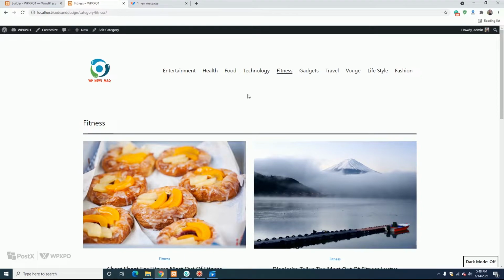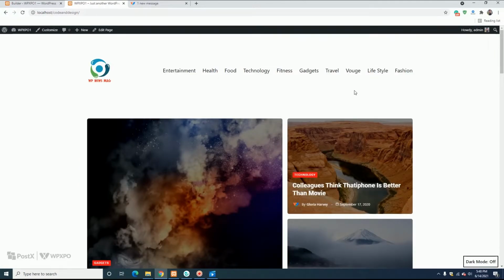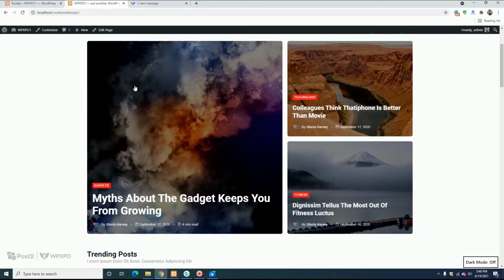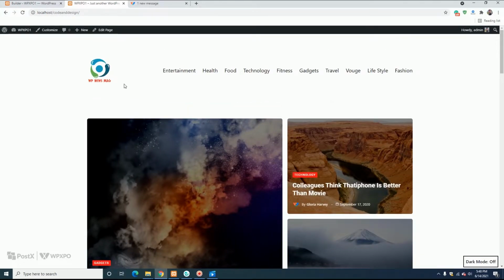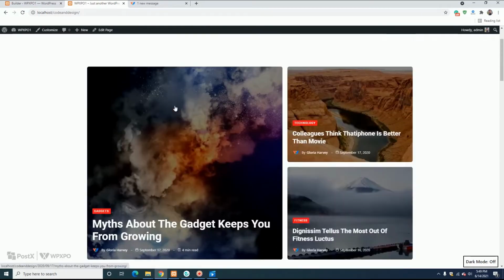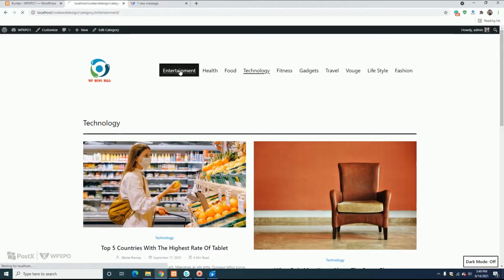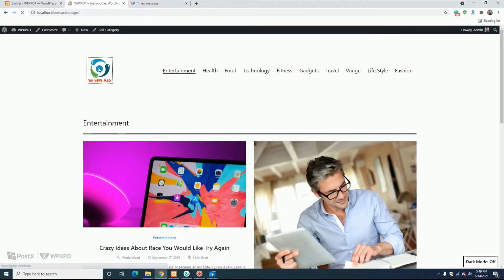So now the container of all archive pages and header are the same, and also the home page container is the same as the header. Now the news magazine site is completed with header, logo, and unique looking home page, grid layout, archive pages. Now we can also customize it according to our need.